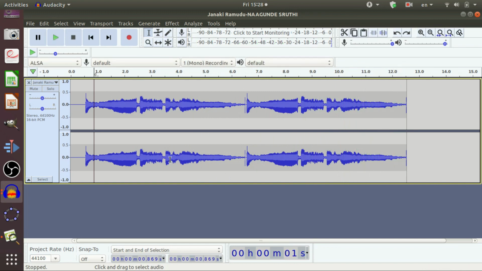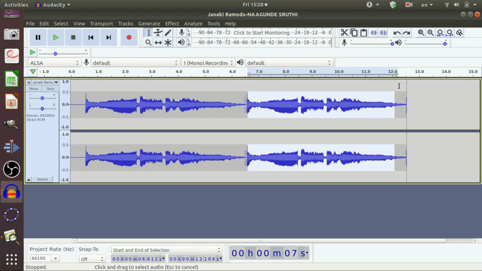So these are two similar audios up to 6 seconds. Now I am going to amplify the second audio track from this place to this place. I am going to select that area. Here is the selection tool. Click on that and select this area where you need to amplify the sound, and drag to the right side. So I am going to select this area.